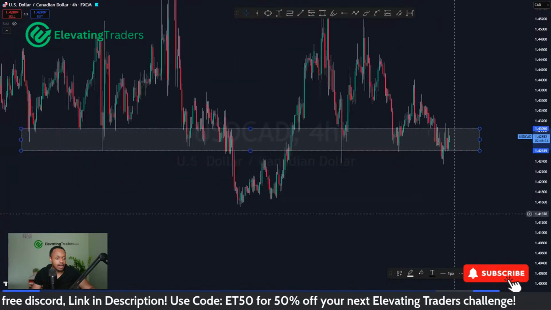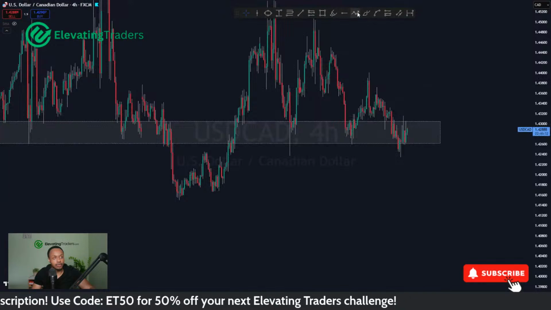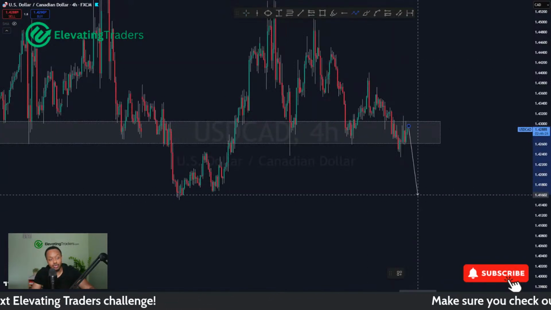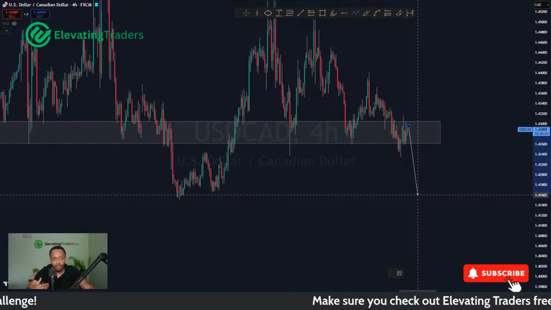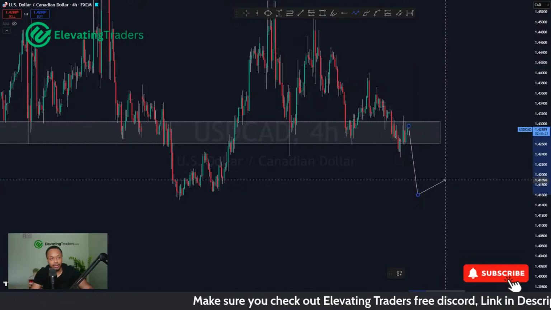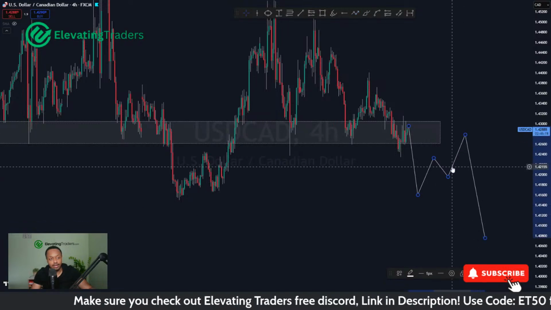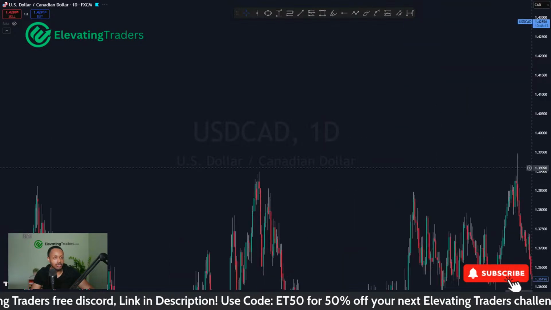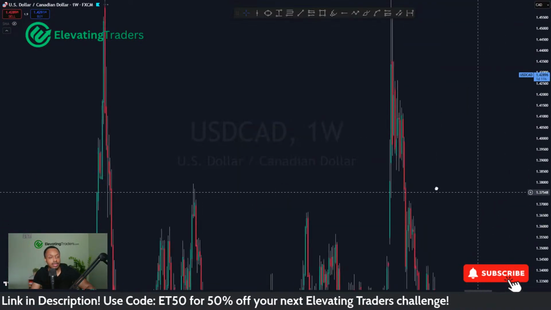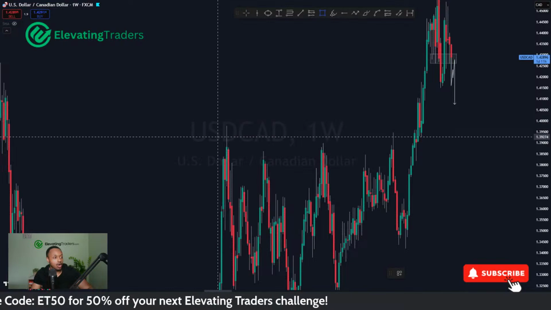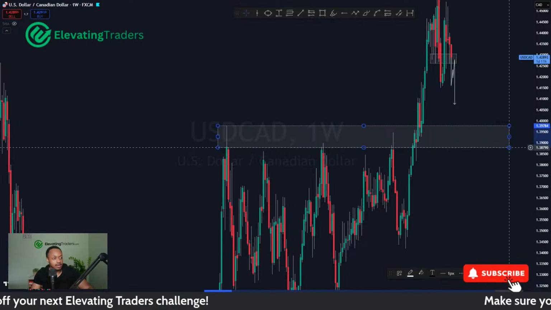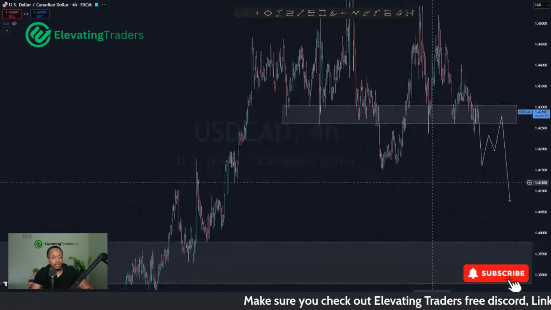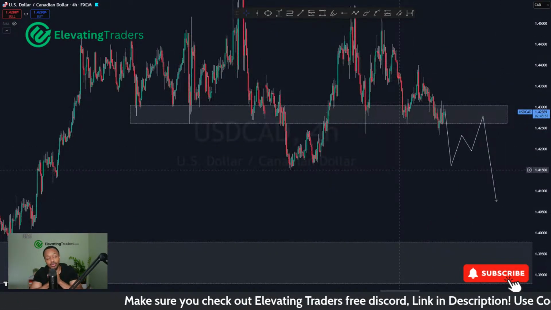But looks like we're climbing back above. So in terms of Dollar CAD, I still do have a bearish bias, but I want price to really clear this level to give me a lot of confidence that the breakout is well and truly here and price is likely to head lower. Then I will start to look for some pullbacks. Because I'm still looking at 1.4-ish for a push for Dollar CAD. In fact, if I expand to the weekly chart, you'll see that level a whole lot better. As you can see here, just below 1.4 is where I'm looking for Dollar CAD to come into. So there's a lot of pips to catch there if we were to see that move.